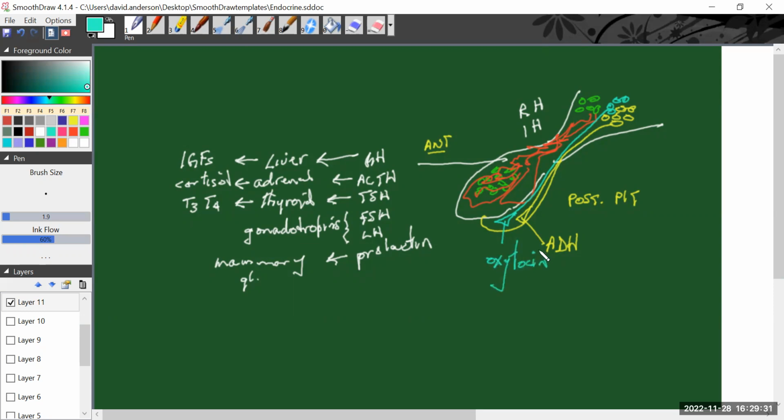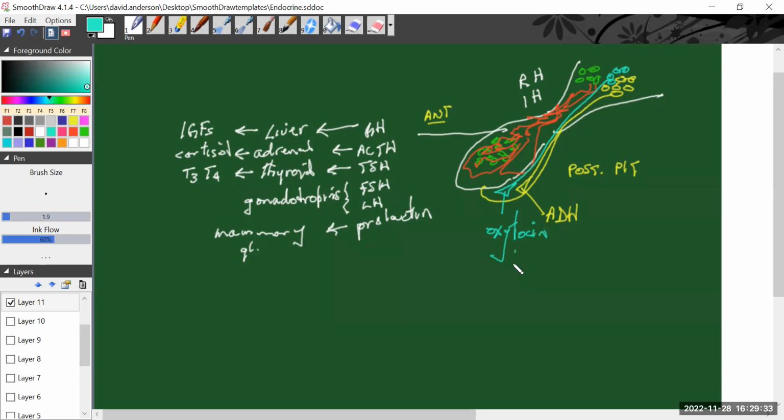So oxytocin is a hormone. Did anybody do oxytocin as their project? Yes, I did. Okay, can I put you on the spot? Do you want to answer some questions? Okay. So for example, oxytocin targets smooth muscle